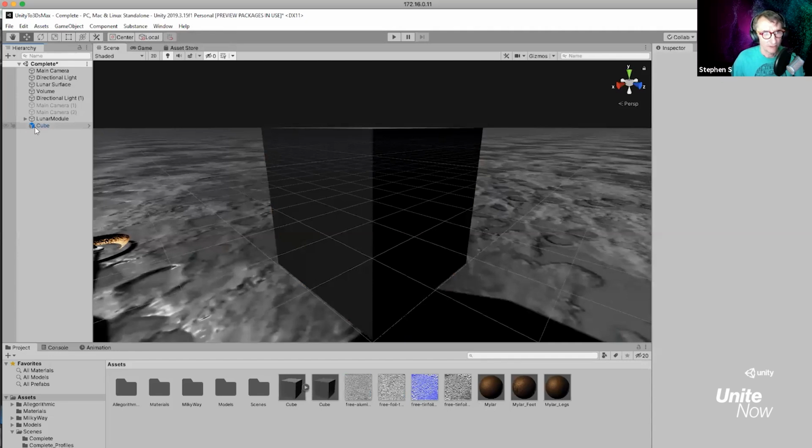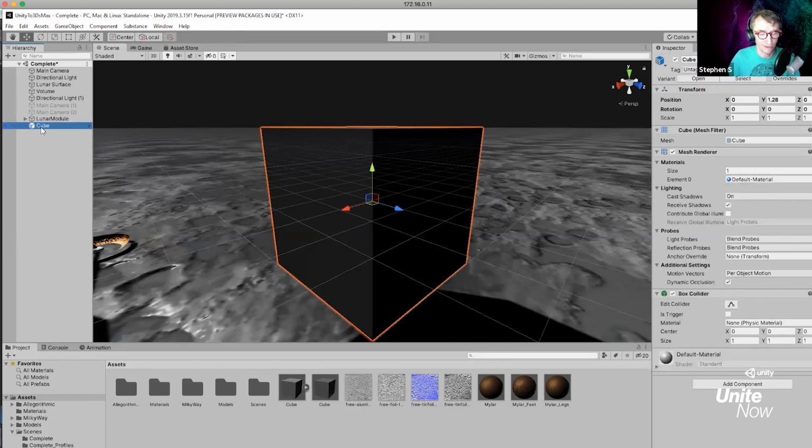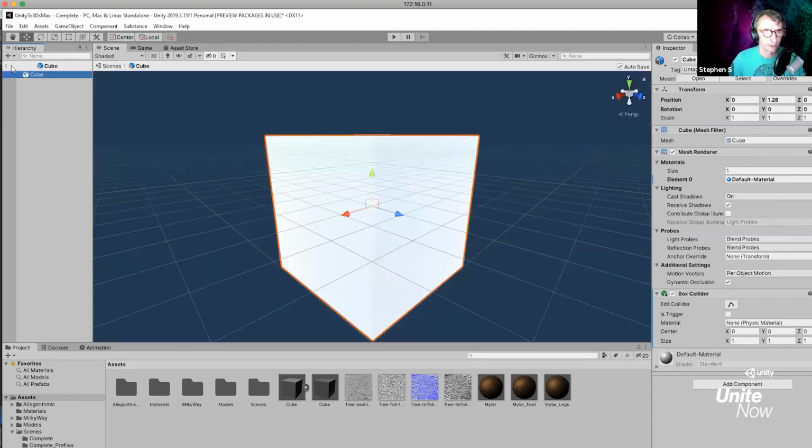Once I do this step, you're going to see that the cube has a different icon now. It's now a linked prefab. That icon indicates a linked prefab. So you don't even need to change the name to indicate that unless you really need to do that, right? And you're going to see underneath it, this is what it looks like as the linked prefab, right?